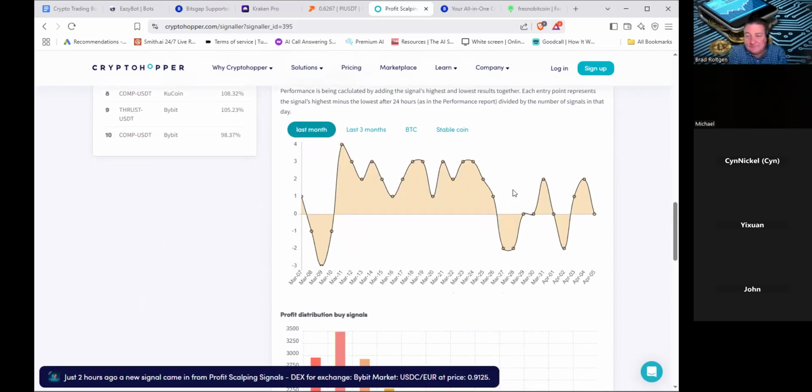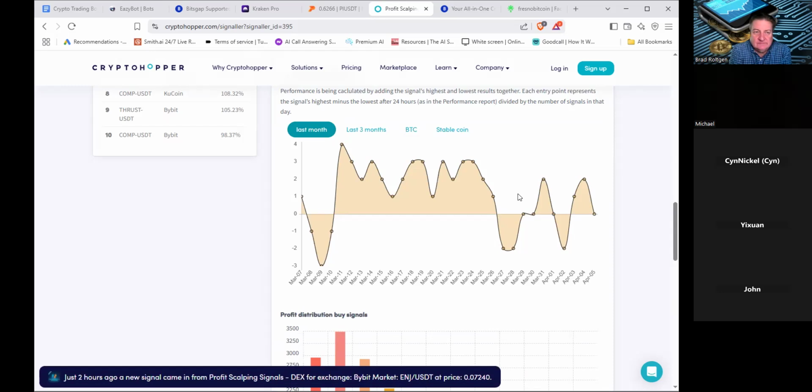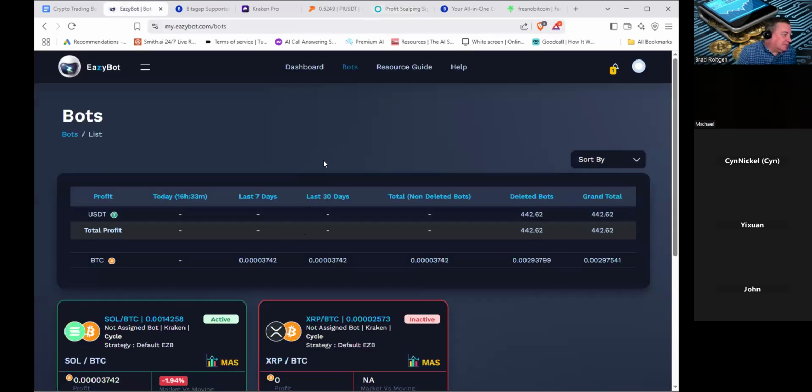So if you're trading, whether you have $100, $1,000, or $10,000 to invest, how does the system know how much to trade for you? Well, like with EasyBot,